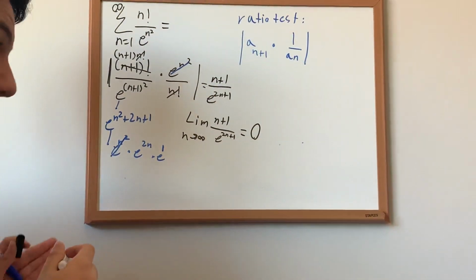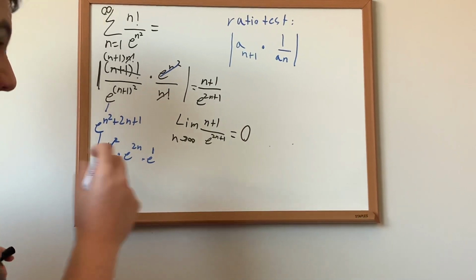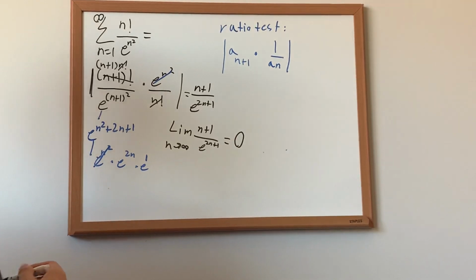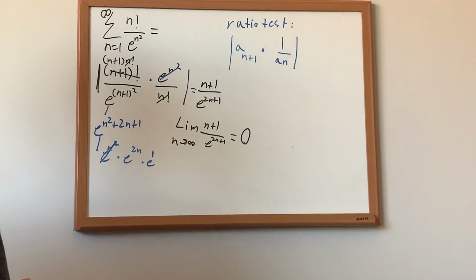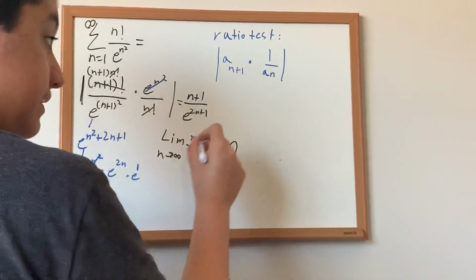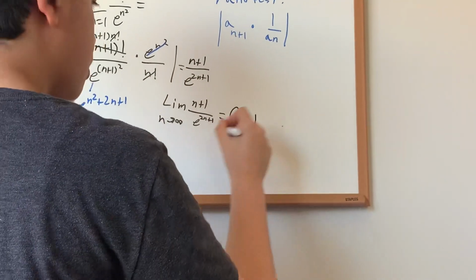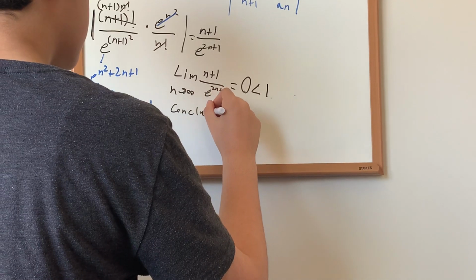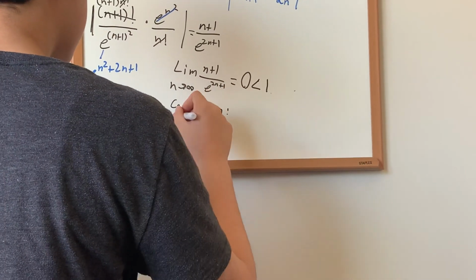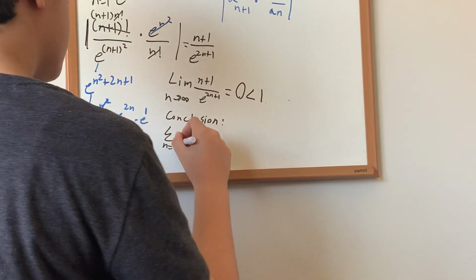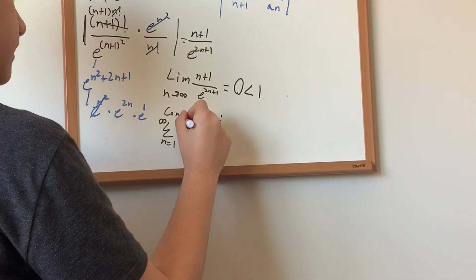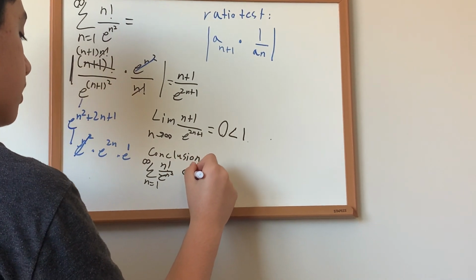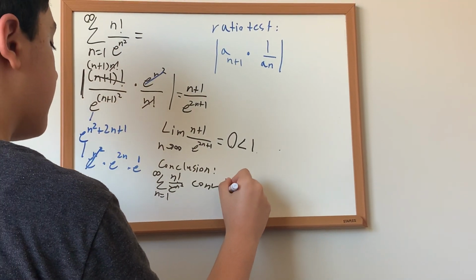And now we are not done. In the ratio test, we should say that the limit of the absolute value of the product of a sub n plus 1 times the reciprocal of the original series is 0, which is less than 1. This means our conclusion is that this series from n equals 1 to infinity of n factorial over e to the power of n squared converges